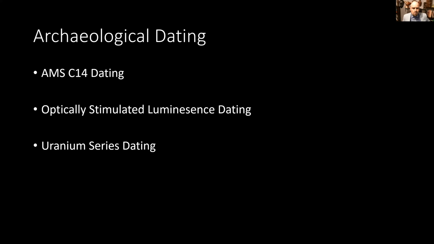So AMS carbon dating, for example, only really works up to about 30,000 years ago, and it works best less than 10,000 years ago. But it gives us a date range. This depends on the sample, but nowadays we can do plus or minus 20 years. But when we talk about things that happened 100,000 years ago or so, carbon dating isn't so useful.